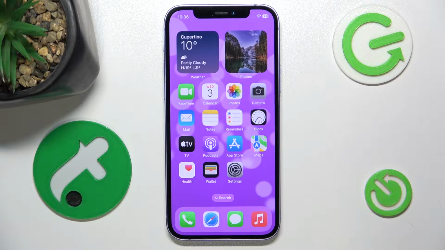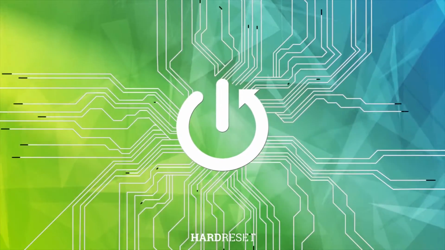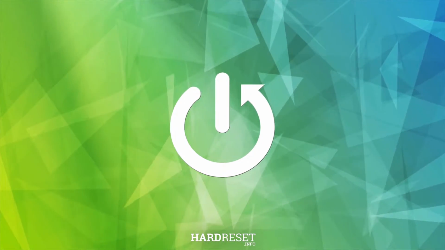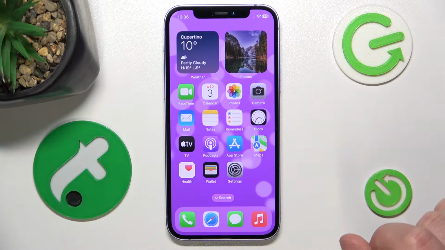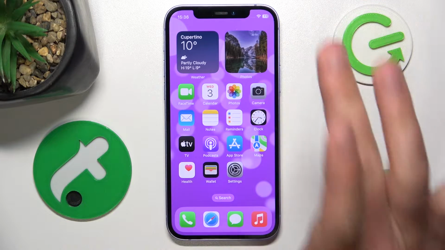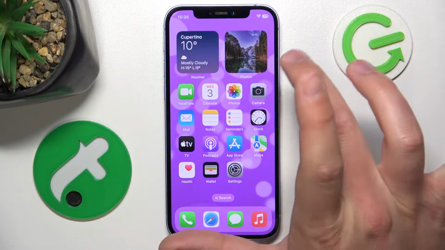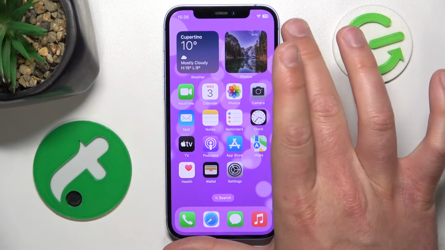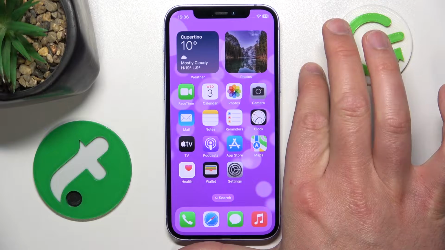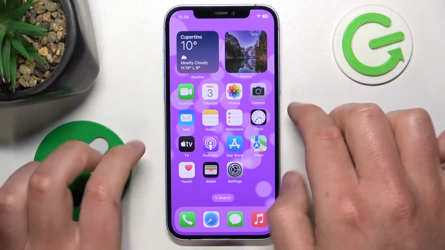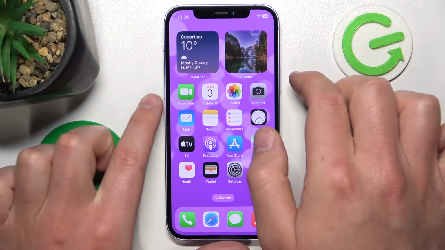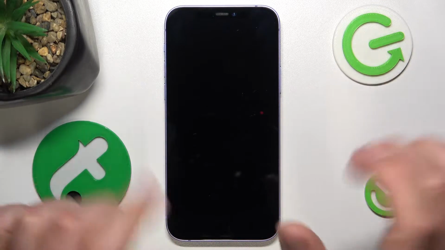Hello, in this video I'm going to show you how to turn on or turn off the Rise to Wake option on the iPhone. So today in front of me is the iPhone 12 with iOS 17.4, but it really doesn't matter which iPhone you have, it is all going to work the same on all iPhones and all versions of iOS. So, the Rise to Wake function. Now I have this function on, so what it means,